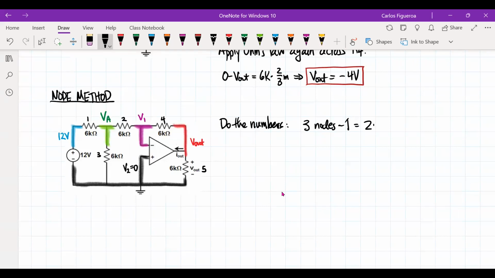That gives me 2 node equations. So I need the node equation for A, I need a node equation for V1, and then I need the ideal model condition. That gives me 3 equations,